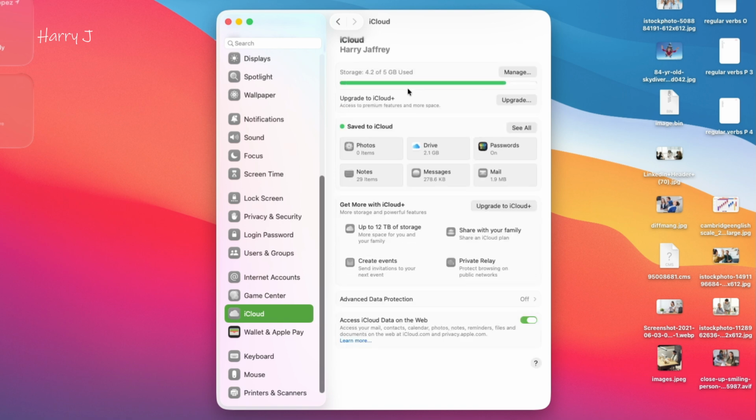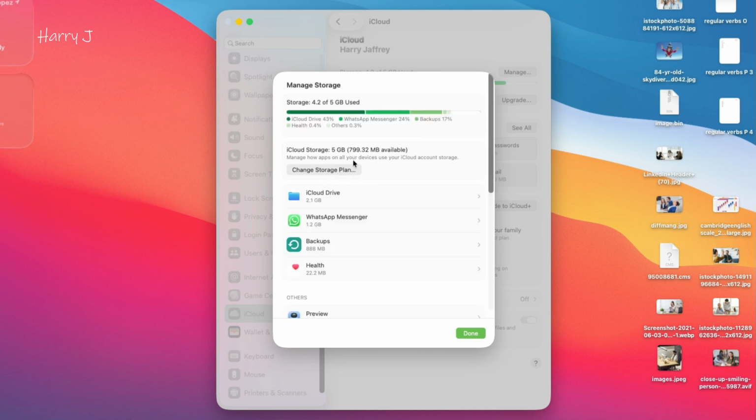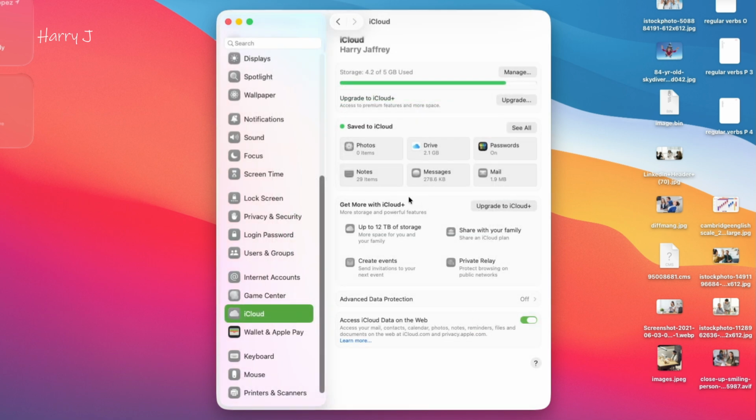So iCloud here, it will tell you how much of your iCloud storage is filled. 5 GB is free, after that you have to pay. You can manage all the data of your iCloud, your plans, everything you can see. So I have 1.2 GB of WhatsApp data, iCloud 2.1. All the data of iCloud you can delete or add a new account, you can see here. 12 TB of storage you can have if you upgrade the plan, and whichever data you have, all